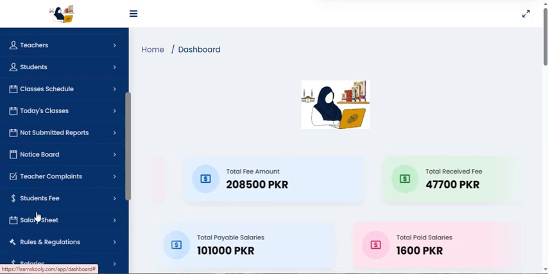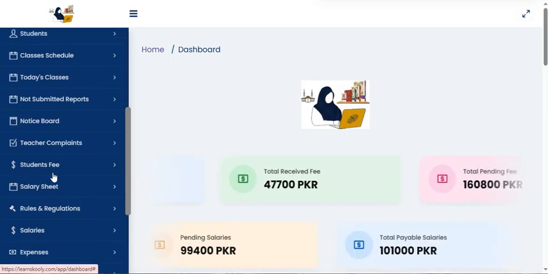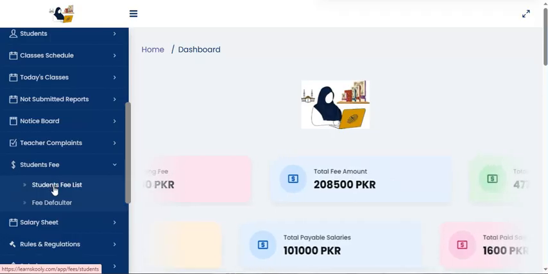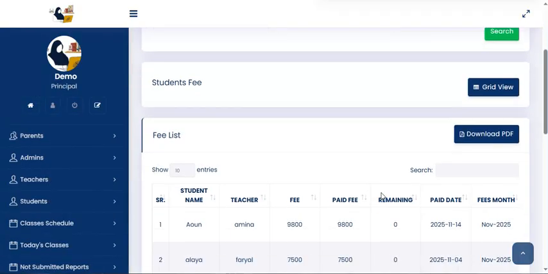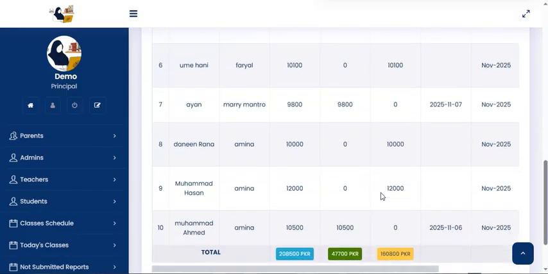Let's see the next tab. What do we find here? Student fee. Let's have a look at what's inside. Once we open it, we are presented with a view of all the fee that we are receiving, all